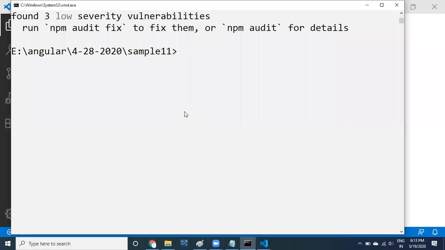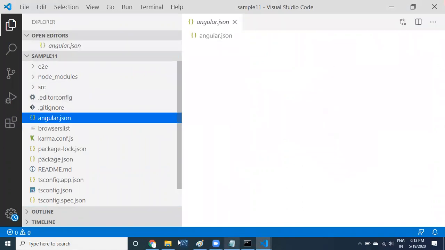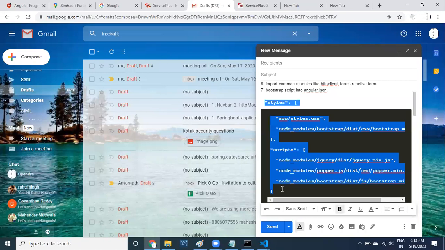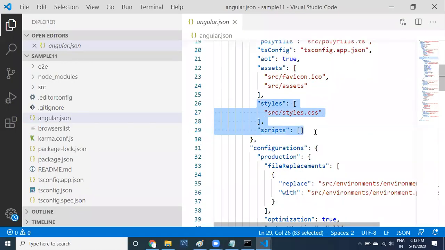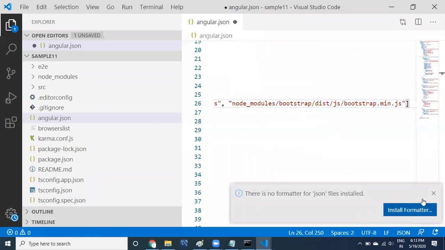And okay, so the second step we have still pending. What is the second step? We have to go to Angular JSON and we need to copy these things. Whatever styles and scripts, okay, copy this and then just format it.